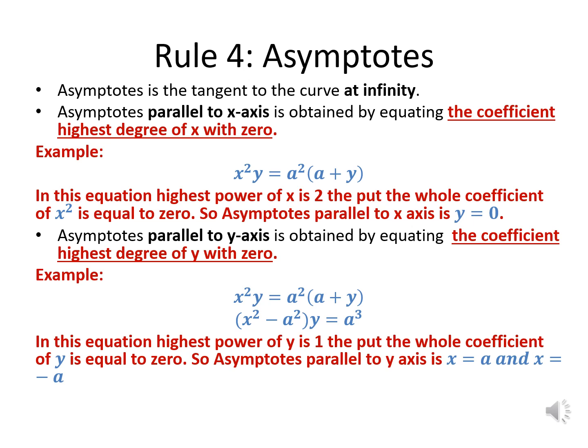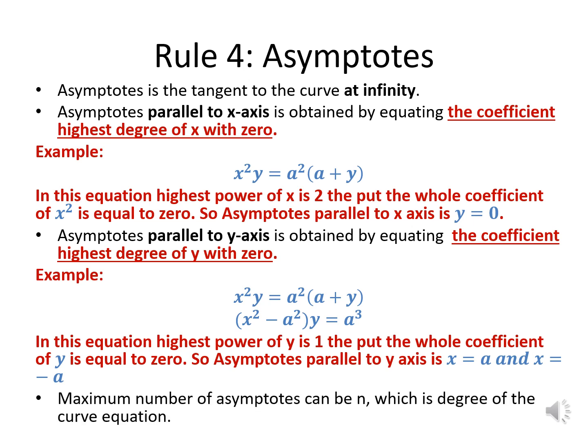These both lines, x is equal to a and x is equal to minus a, are asymptotes which are parallel to the y-axis. Note, the maximum number of asymptotes can be n, where n is the degree of the curve equation. That means if the highest degree of the curve equation is n, then the number of asymptotes may be n or fewer than n. It cannot be more than n. It can be lesser than n also, because sometimes we get complex